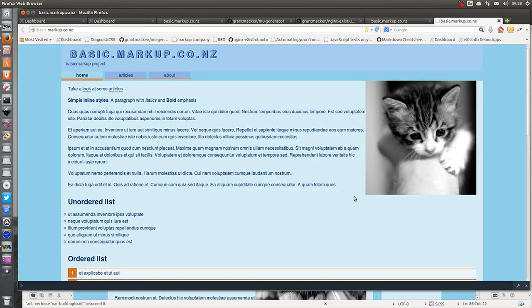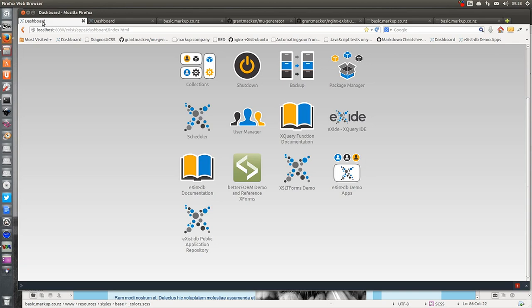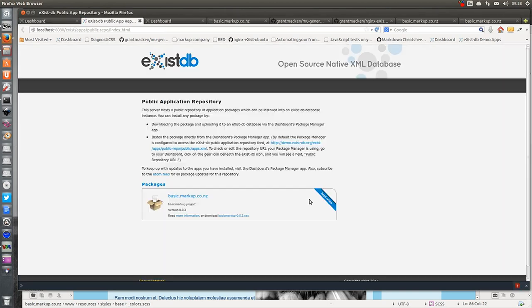And there we go. We've got a new kitty. We've altered some content, and we've got a new look and feel of the website by altering the SASS files, which have been uploaded and deployed to the eXist database. Let's go to the dashboard. Have a look at, and we're on version 3. Let's check that out. Version 3 of the